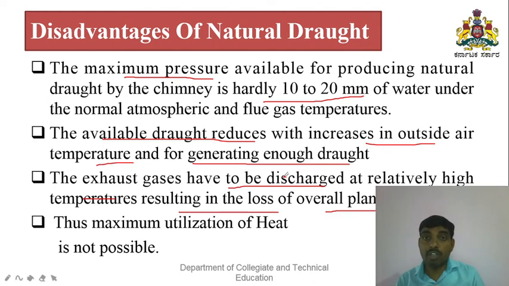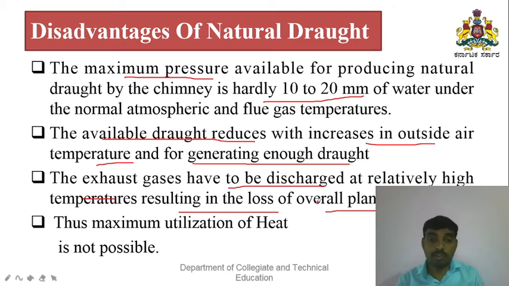While using natural draught, this depends upon the seasons, and the air will not be high pressured at all times. For that reason, the discharge will be very less, and the pressure difference may be very less. This pressure difference causes the flue gas to flow outside. It may not be regular, it may be irregular. That may lead to backfire of furnaces, and so it leads to loss of overall plant efficiency.